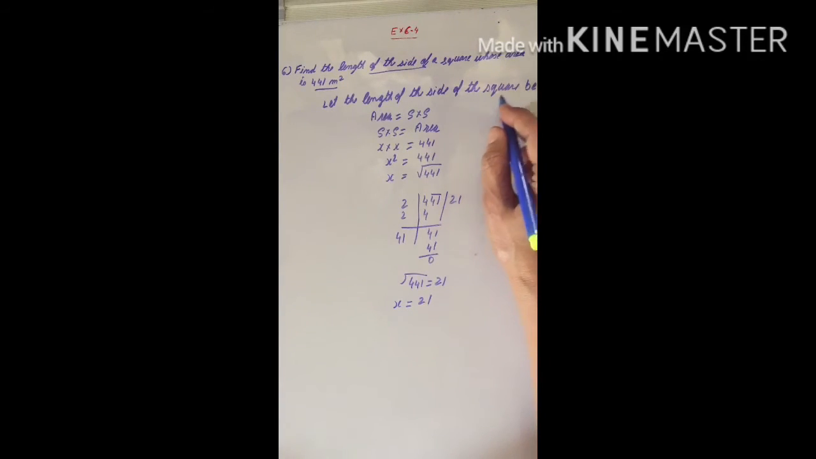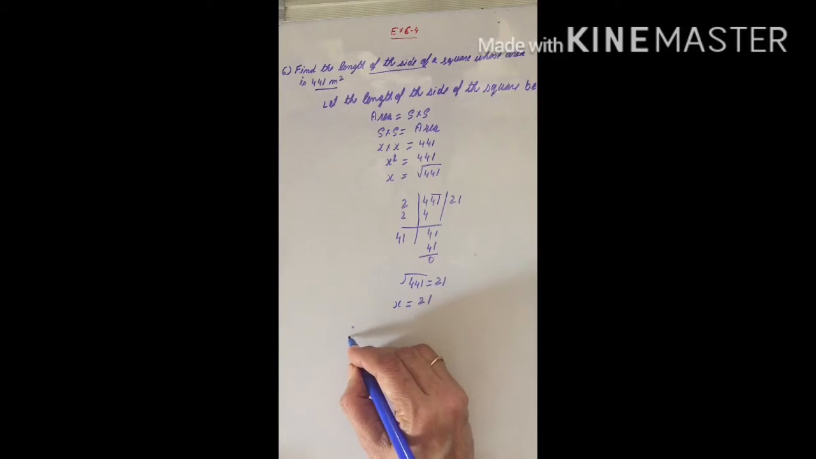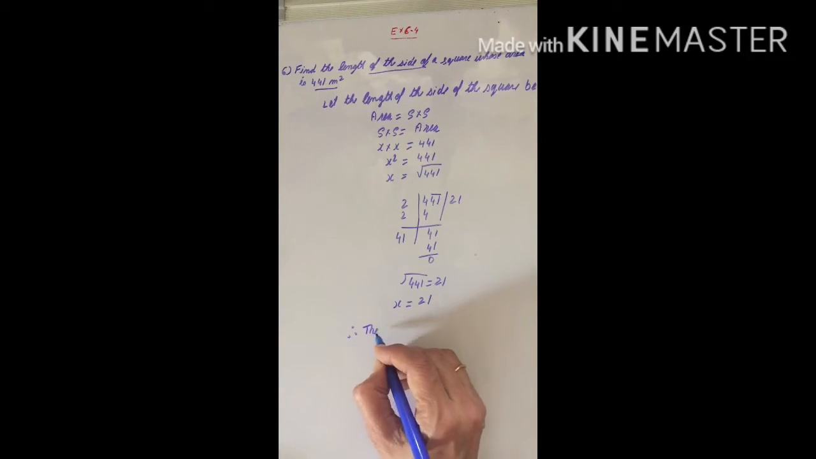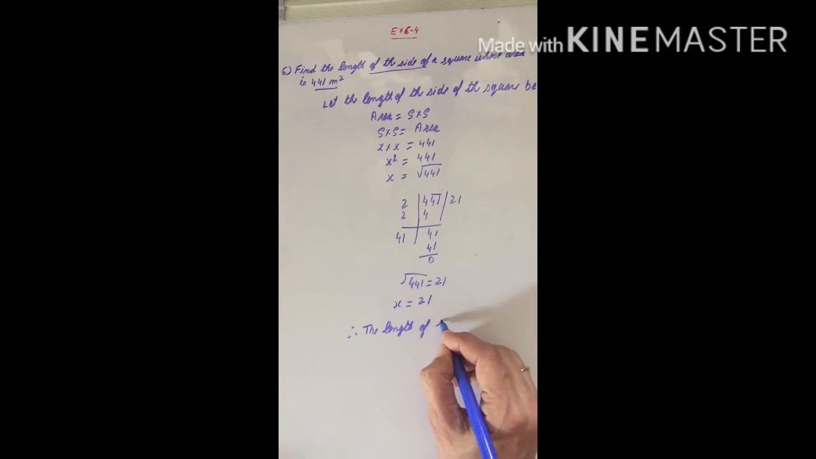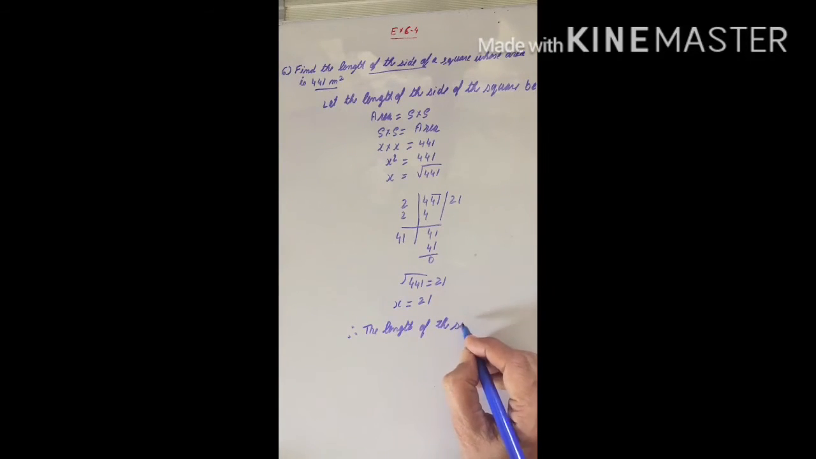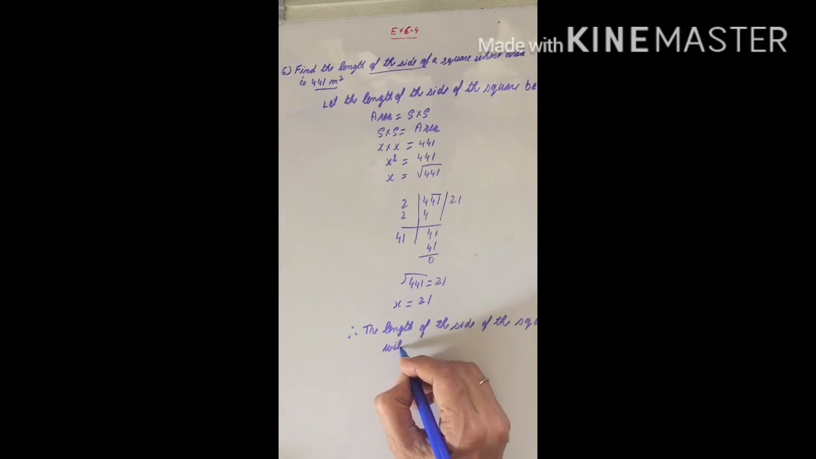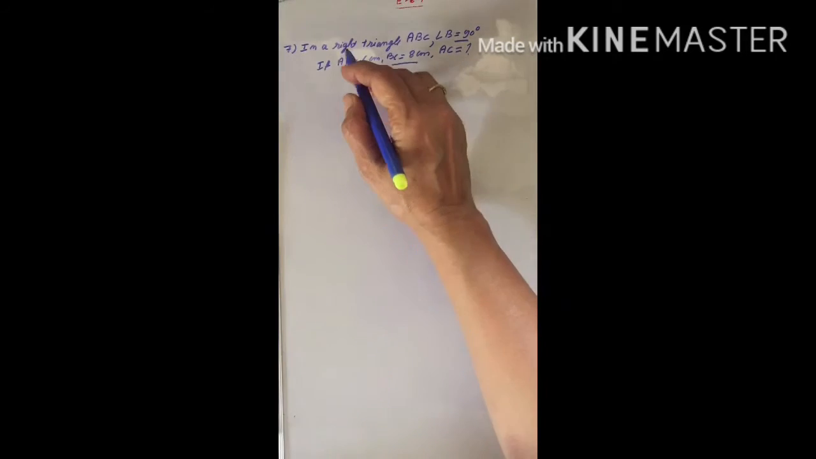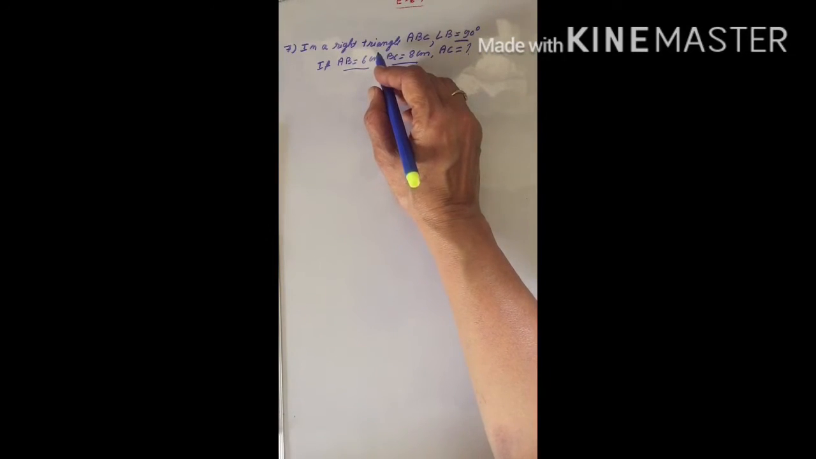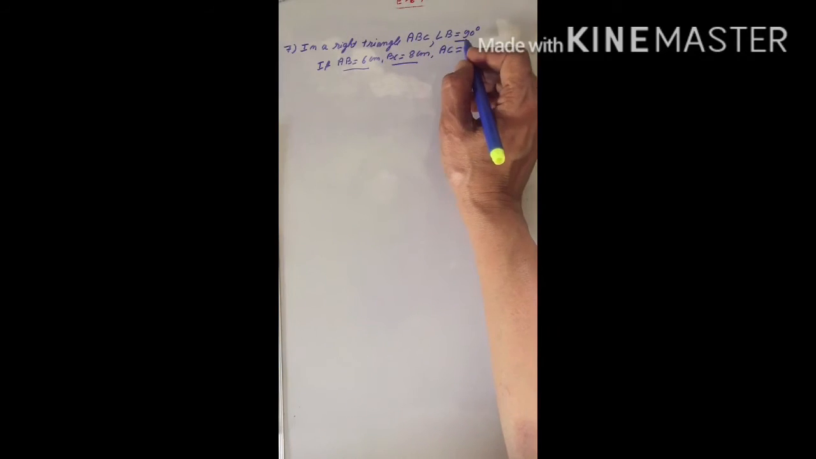Now x is the length of the side of the square. So what will we write? Therefore the length of the side of the square will be 21 meters. Clear? Children, in question number 7 it is given, in a right triangle ABC, angle B is 90